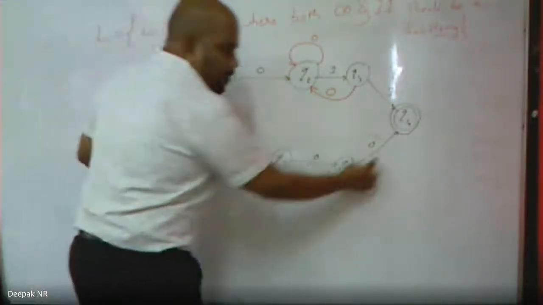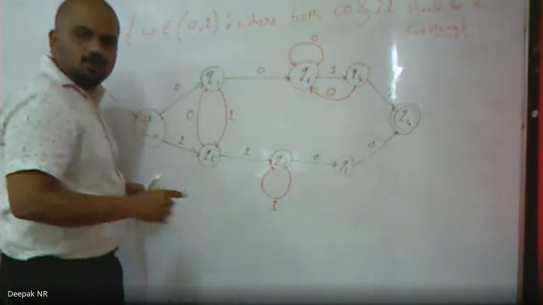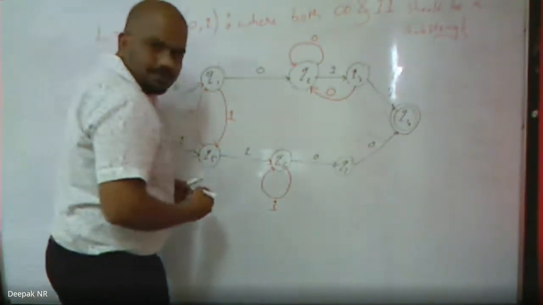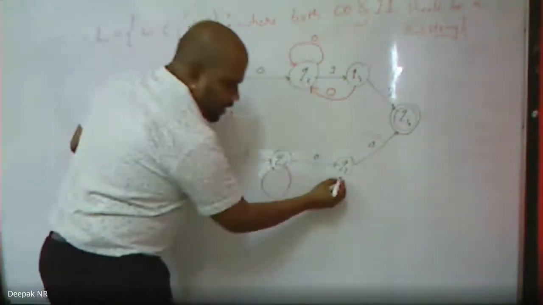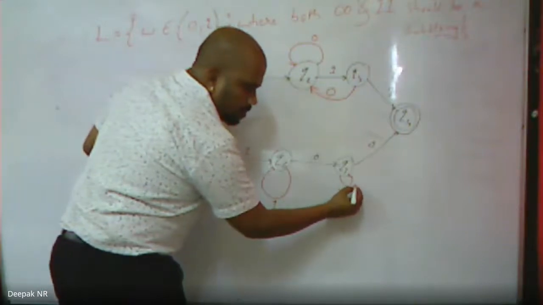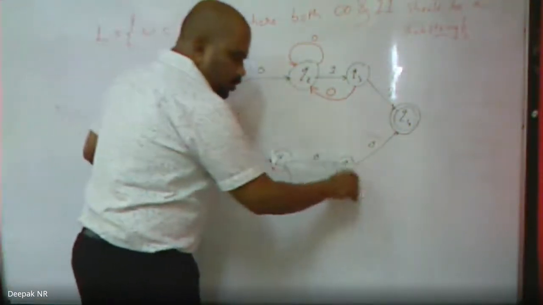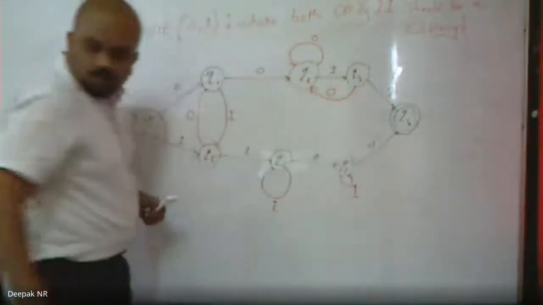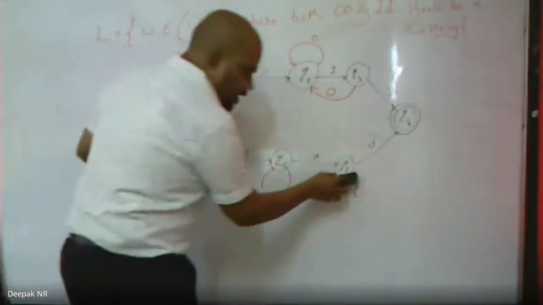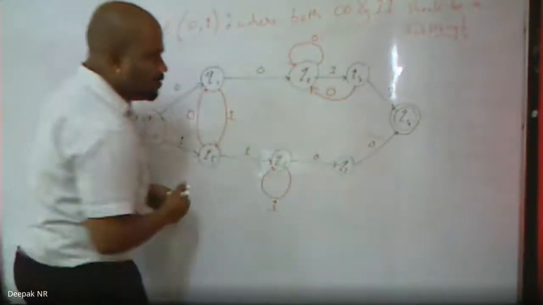In Q7 I have only used 0, I have not used 1. So what do I have to do? Shall I follow the same procedure? Can I use the self loop? Can I use self loop 1? Now 1 1 0 1 1 1 0. It's going to a final state and hence I can't use a self loop over here. So I will send